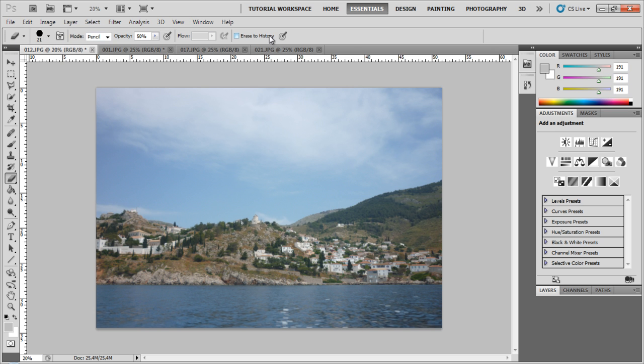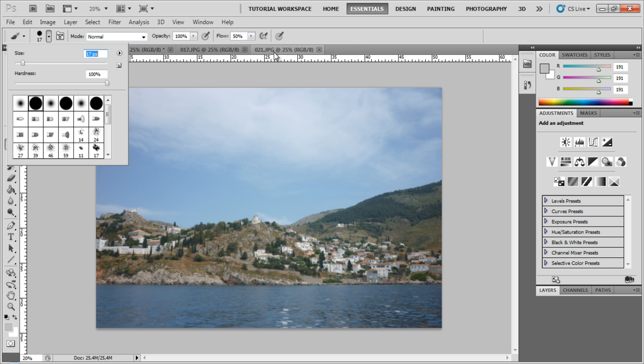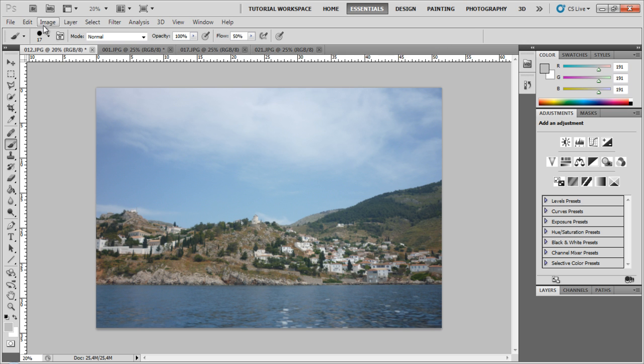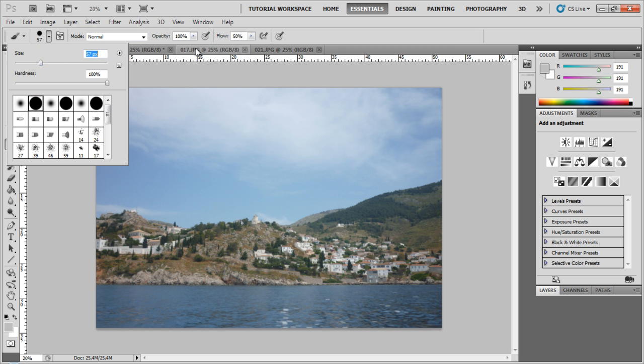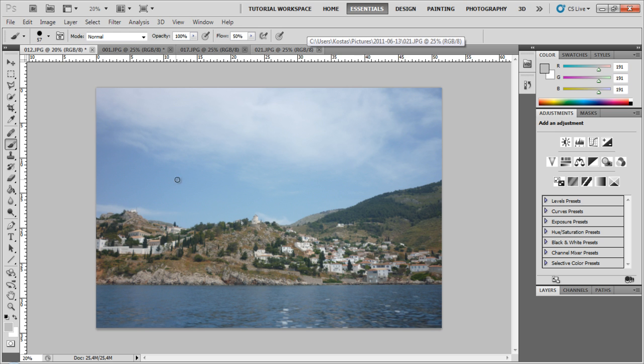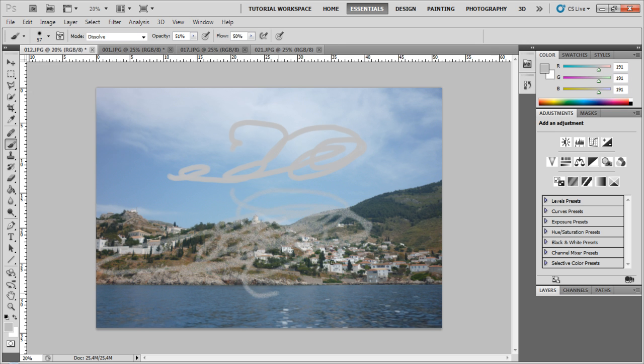You can see here that we have the tool options. Whenever you select a different tool, as we said, you get different options. Now if I select my brush, let's just make it a little bit smaller over here. And I know you don't know what those options do, but we're going to learn that in future videos. I just want to show you what presets are right now. So I can start drawing with my brush, and then if I change the opacity and the mode and the hardness, I have some different options, and you can see we get different effects